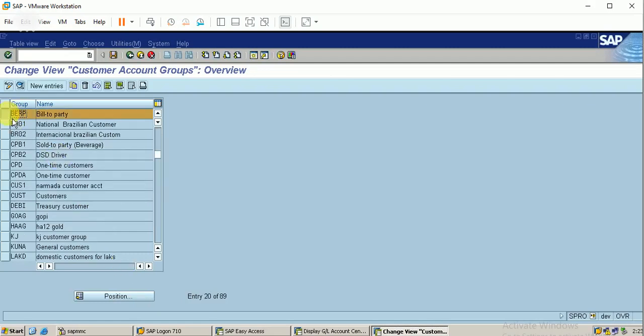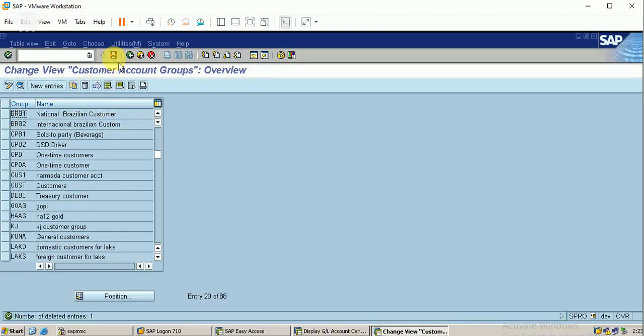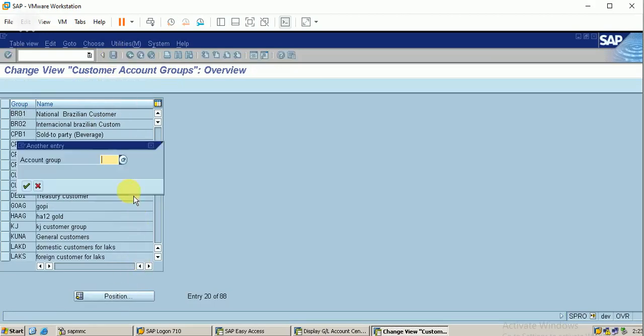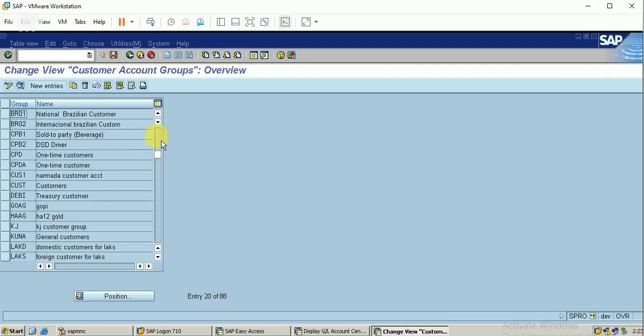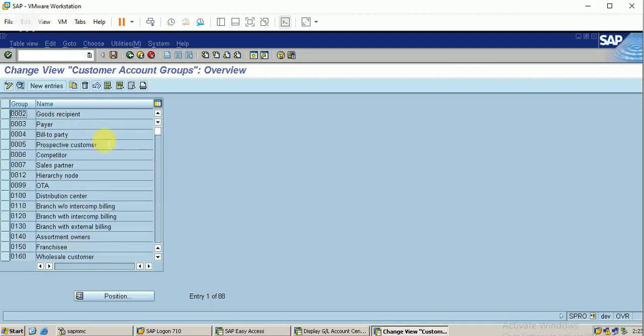So what I do is I will delete this entry. You can see it. I have deleted my group here. What I'm going to do is I will copy the existing example, this thing bill to party.